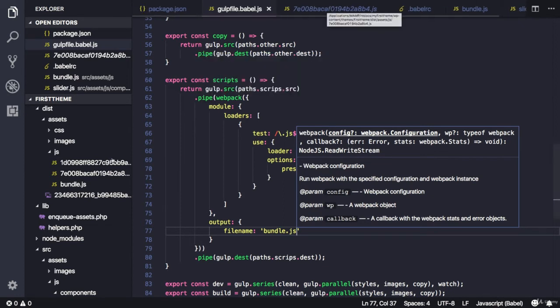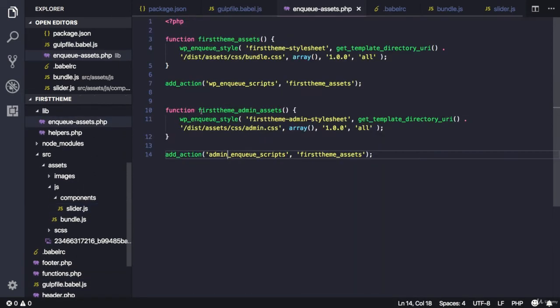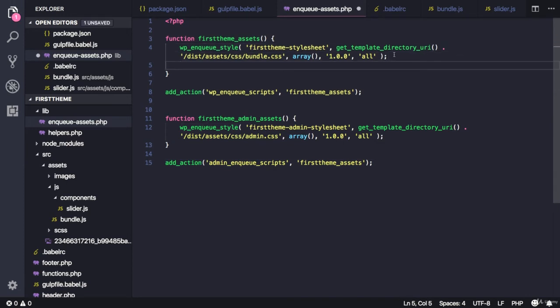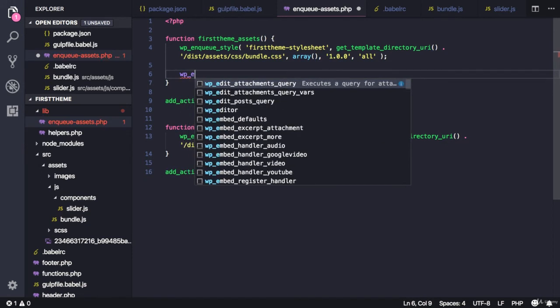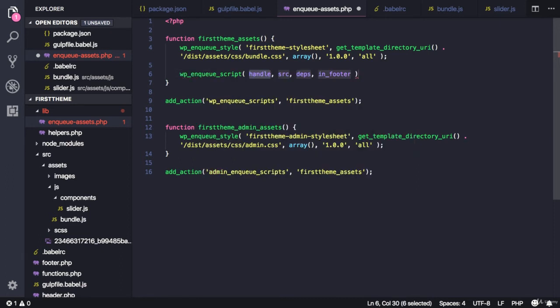So I'm gonna go to the enqueue assets, and then we are enqueuing a style here. So there is a similar function for enqueuing scripts, and it's called, just as you might expect, wp_enqueue_script. So we have the handle. So let's use our prefix as we agreed, and then scripts